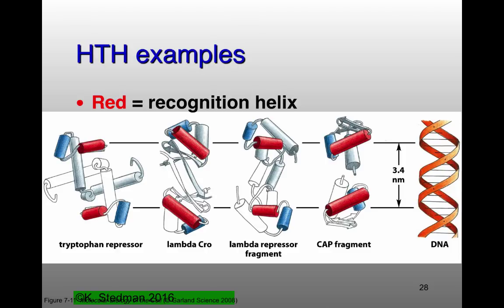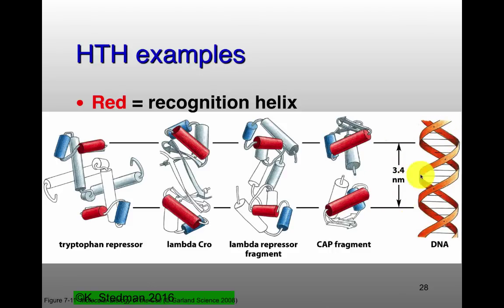How do we bind to DNA? In bacteria, the vast majority of proteins are the helix-turn-helix containing proteins. Helix-turn-helix is a DNA binding motif. The helix-turn-helix in and of itself is not a stable structure, so it's not a domain. It's just a motif. And that's these blue and red helices that we have here. Blue helix, which is the helix, followed by the turn, followed by the helix. And these fit into adjacent major grooves of DNA.